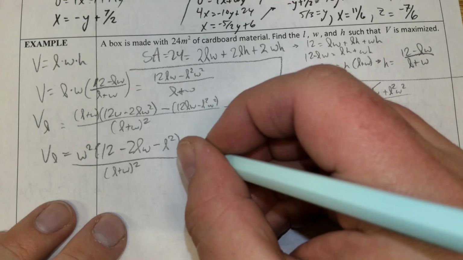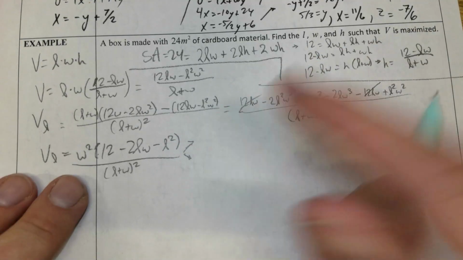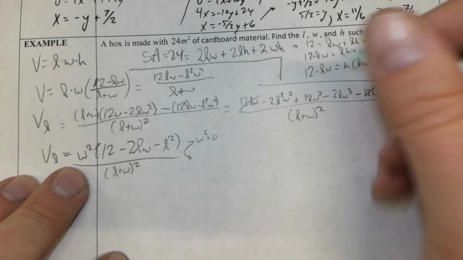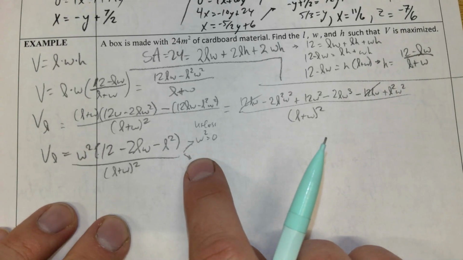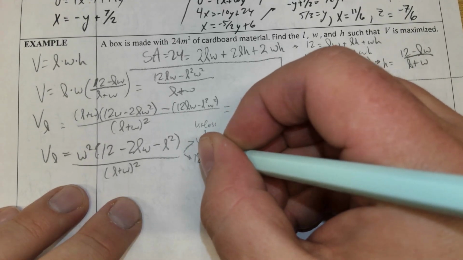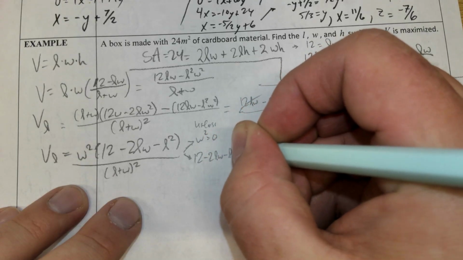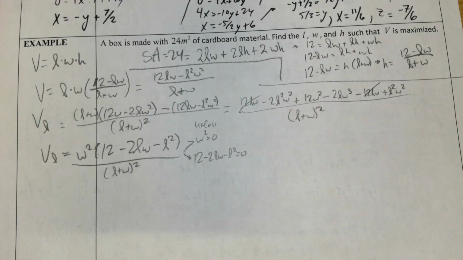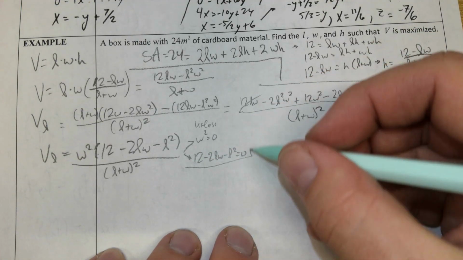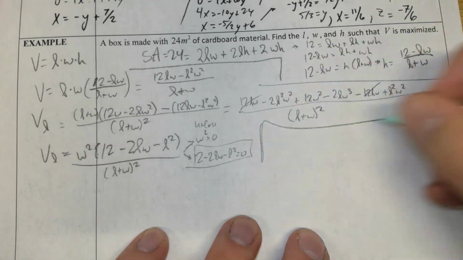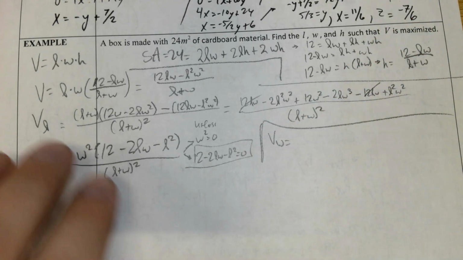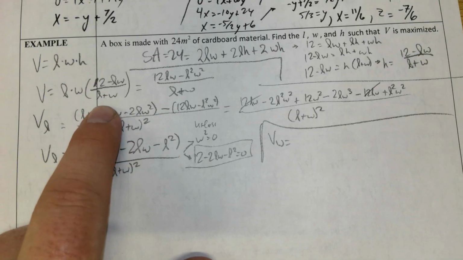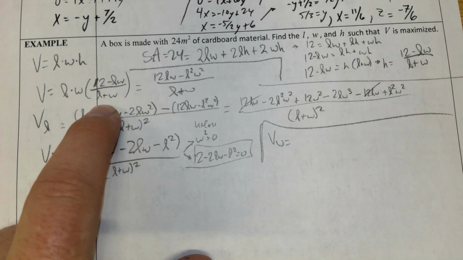Now I get kind of two options out of this guy. Either W squared equals 0, which is useless, or I get 12 minus 2LW minus L squared equals 0. Pause. Hold on to this one. We're going to do V sub W, and guess what? We're going to get the same exact thing. Since there's a lot of symmetry in this function, we're going to get basically the same exact thing out of this, folks,